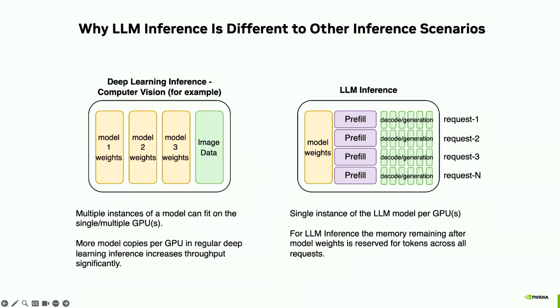However, on the LLM inference side, it's very different. I have one model. Folks can fit multiple models on a GPU. That's cool, but that's not a real production use case. You'll typically have a single model. The remaining space that you have is all for KV cache and generating all those tokens. So I just put 4 different requests, and I just kind of want you to see the boxes that are